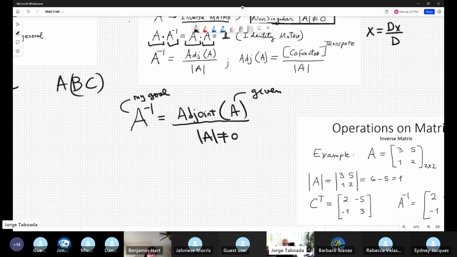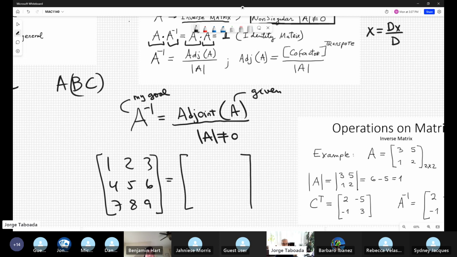Suppose you have 1, 2, 3, 4, 5, 6, 7, 8, 9. This is the matrix. I need to find the adjoint of the matrix. It's also a 3 by 3 matrix formed by cofactors. What are the cofactors? For example, cofactor 1, 1